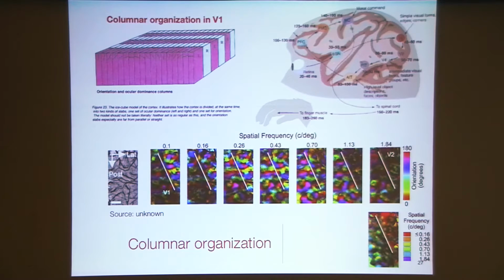You see a very clear organization in terms of preferred orientation, and this seems to be more or less stable across spatial frequency. But you can also look at this map from the perspective not of edge detection and orientation tuning, but of spatial frequency. You can combine those maps into one map where you look at the preferred spatial frequency of cells or patches of the cortex, and you'll find a complementary, orthogonal feature map. So really, you should think of processing in the primary visual cortex, and possibly all the way through the ventral stream of the visual cortex, as this kind of multidimensional analysis of the visual scenes along many different dimensions.